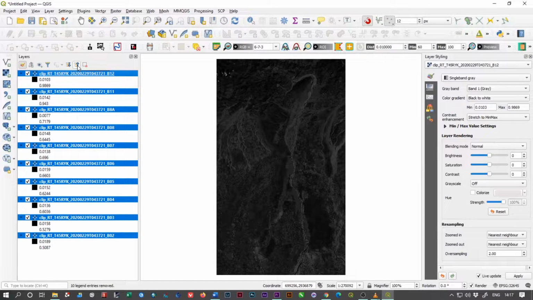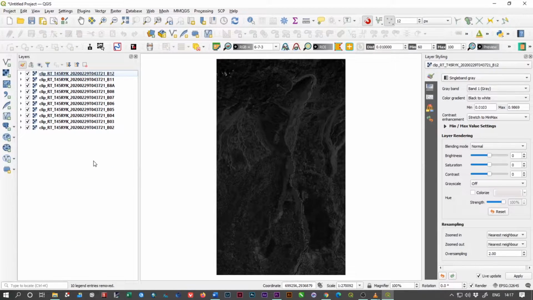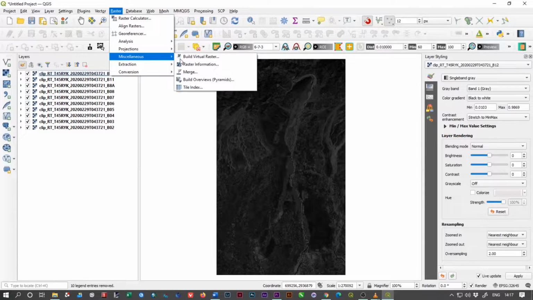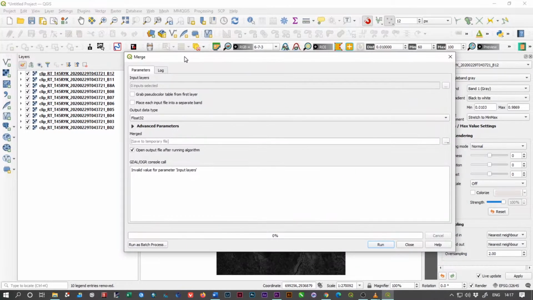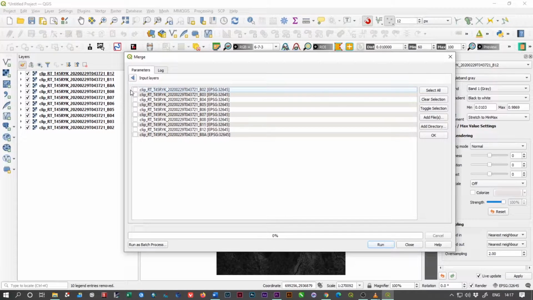I'm going to collapse all of them, and from here you have to go to the Raster option and then Miscellaneous, and then go to the Merge option. By clicking the merge option, a merge dialog box will appear, and under the input layer option you have to click these three dots and select the layers which you have added in your layer window.